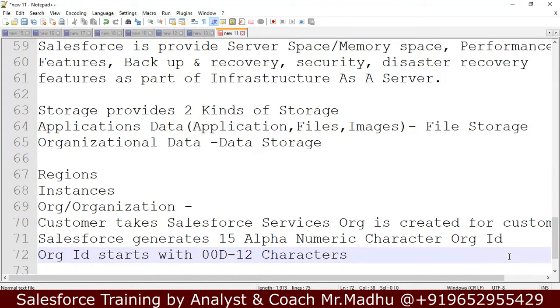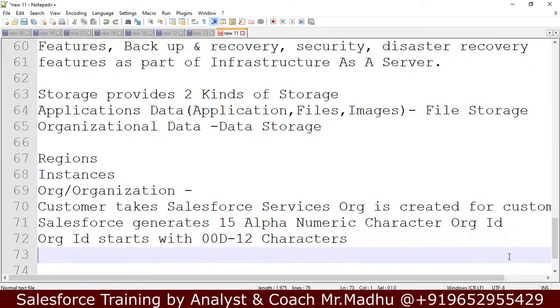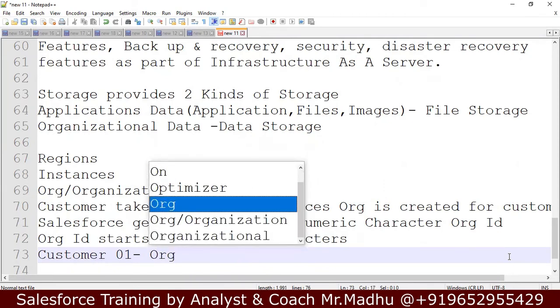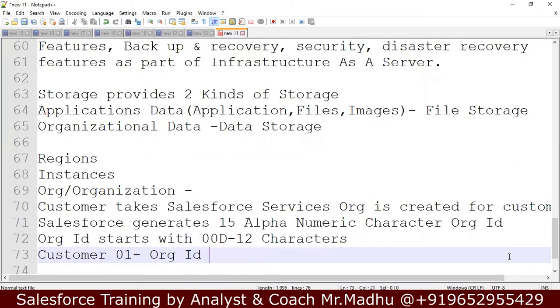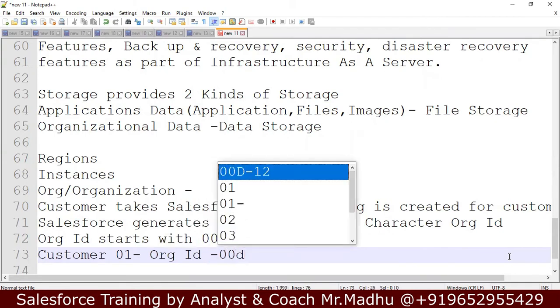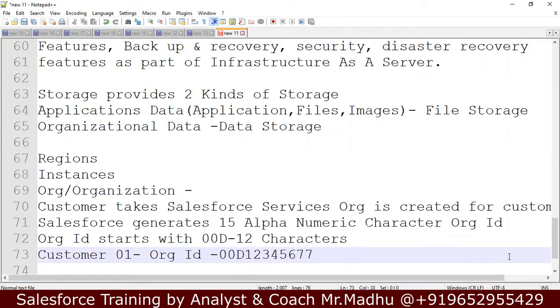When there is an org ID, it means the customer took Salesforce services from them. Salesforce allocated some memory space by creating the org ID. If customer 1 is there, for customer 1 there is an org ID. It starts with 00D and the remaining characters, like 1, 2, 3, 4, 5, 6, total 15 characters.